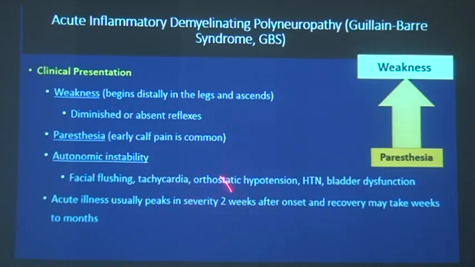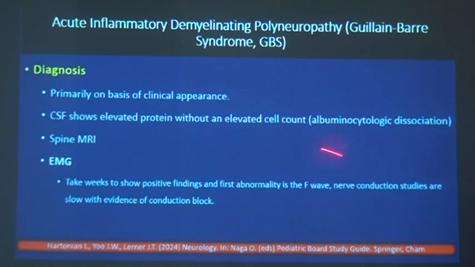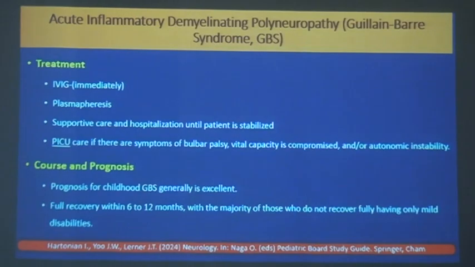This disease will peak in severity within 2 weeks, and the recovery may take time. So even after giving IVIG, the recovery is not that fast. This is diagnosed based on the clinical appearance. You can do the CSF study, lumbar puncture. You can do MRI, and if you have a good radiologist, they will see the enhancement of nerve roots. EMG also may help in the diagnosis. But once diagnosed clinically and the child is weak and nothing else explains it, you are not worried about transverse myelitis. Everything goes with